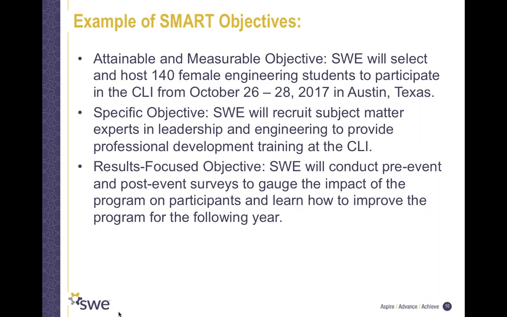through ensuring that SWE conducts post-event and pre-event surveys in addition to quantitative feedback that might be received while the programming is taking place. SWE can ensure that it has set in place the structures it needs in order to evaluate and learn from the program on an ongoing basis. This also ensures that SWE is able to receive feedback from program participants as it's conducting the program.